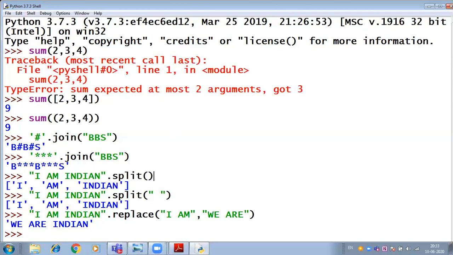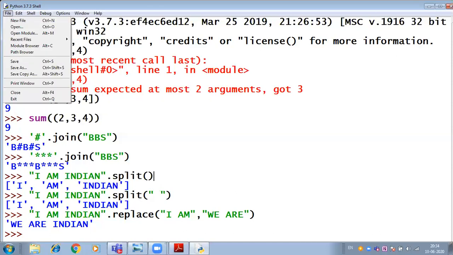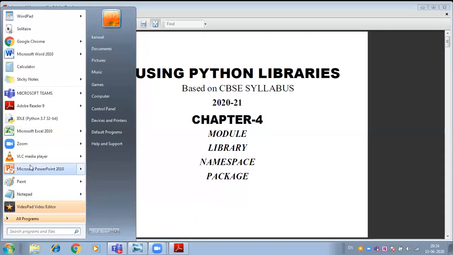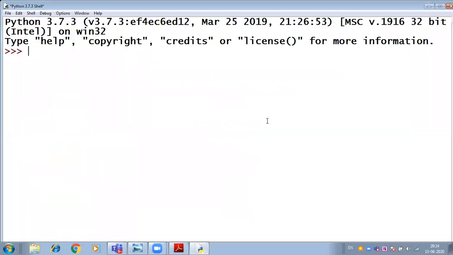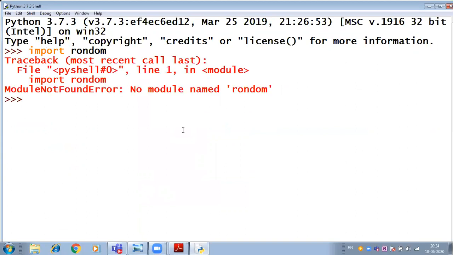Okay, so I'm opening a new file for you to make it more clear, right? So here we are. Okay, so here I import a random module. All of you know how to import. I explained this in the previous video. Now press enter. The spelling is wrong, so I'll make it clear for you. Import random in this way. It is imported.